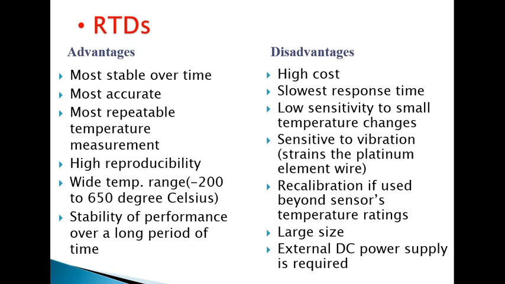What is the disadvantage? Now please tell me, we have seen one classification of a transducer, that is active transducer and passive transducer. While studying each and every transducer you will get the actual meaning of a classification. What is an active transducer? The active transducer will not require any external power supply for its operation. But a passive transducer requires an external AC or DC supply for its operation.